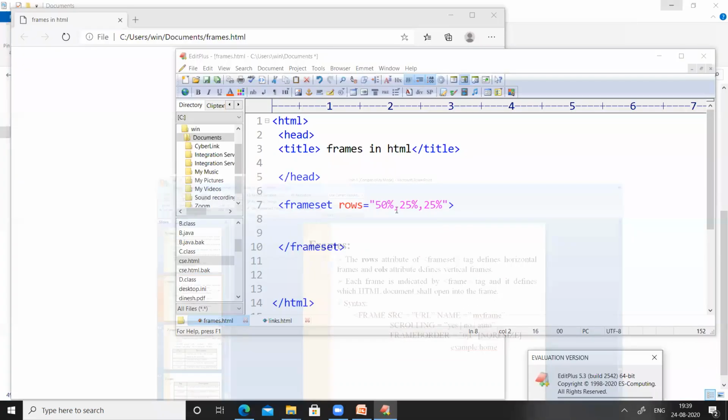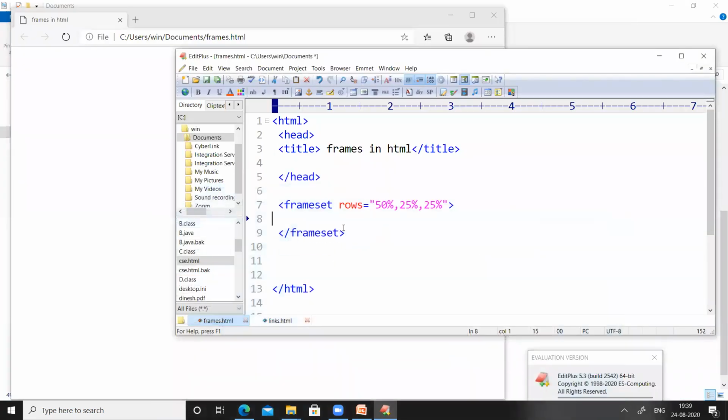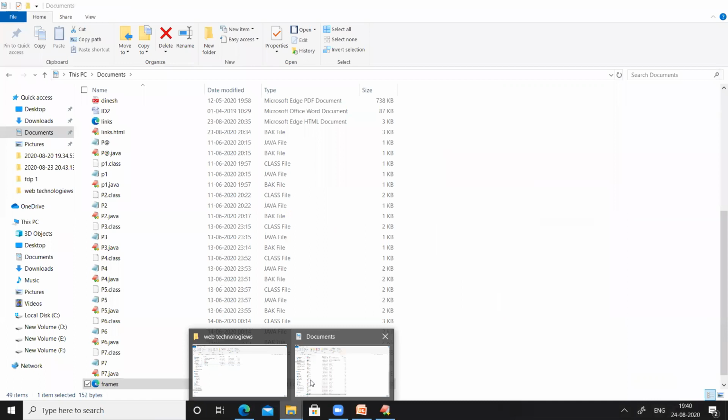So just use a tag called the frame tag. For this frame tag, just provide a source. The source should be any other HTML document.